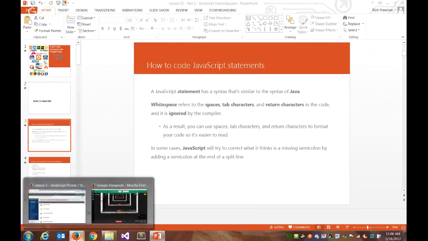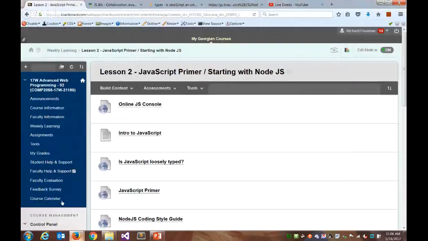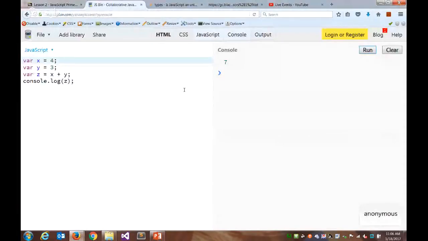Well, let's try this. So typically, like in all C-based languages, like you did with PHP, like you've done with Java, commands are going to end with a semicolon. But what happens if we take them out? If we try and run this now, is it going to run, or do you think it's going to give us an error? Well,